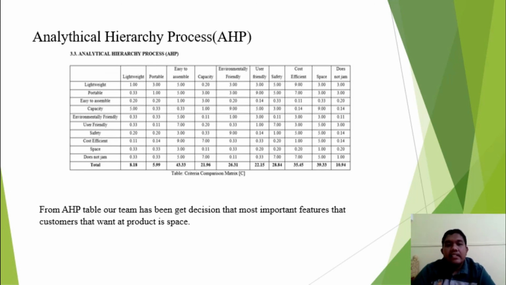Lastly, the analytical hierarchy process (AHP). From the AHP table, our team has made the decision that the most important feature that the customer wants in a product is space,